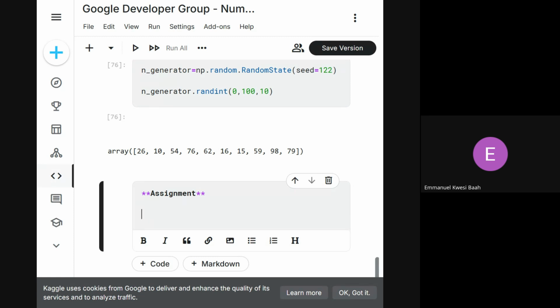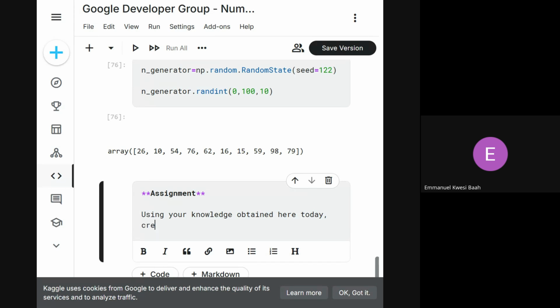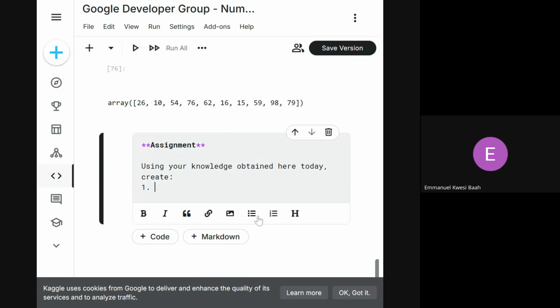Okay. So using your knowledge obtained here today on NumPy, create a 2-dimensional and 3-dimensional arrays to